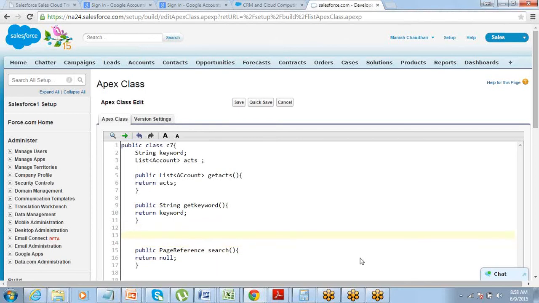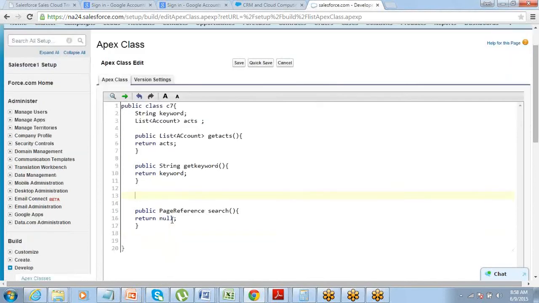That's going to be a void method that will be required for setting the value to this keyword string. See, what we are going to do here is we are going to take the value from the end user. The keyword will come from the end user, right? It's not defined within the code.